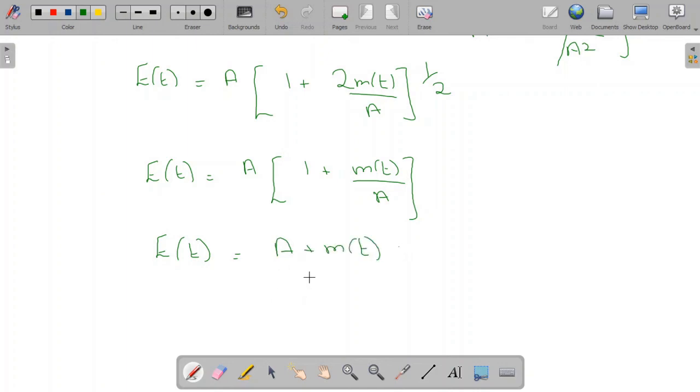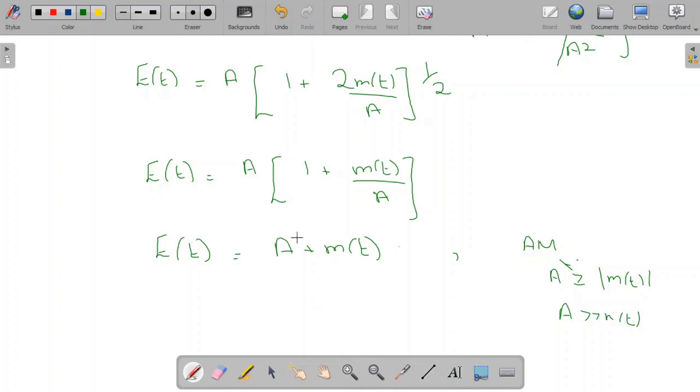Thus we have shown mathematically that for a large carrier, the single side band carrier can be demodulated by an envelope detector. Now if you remember, in conventional AM modulation, that is the double side band carrier, a needed to be greater than m of t. So in that case a must be greater than or equal to m of t. Now in this case a must be very much greater than m of t for the envelope detection to take place. Hence in the single side band case, the required carrier amplitude is much larger than in conventional amplitude modulation, and consequently the efficiency of single side band with carrier is practically low.